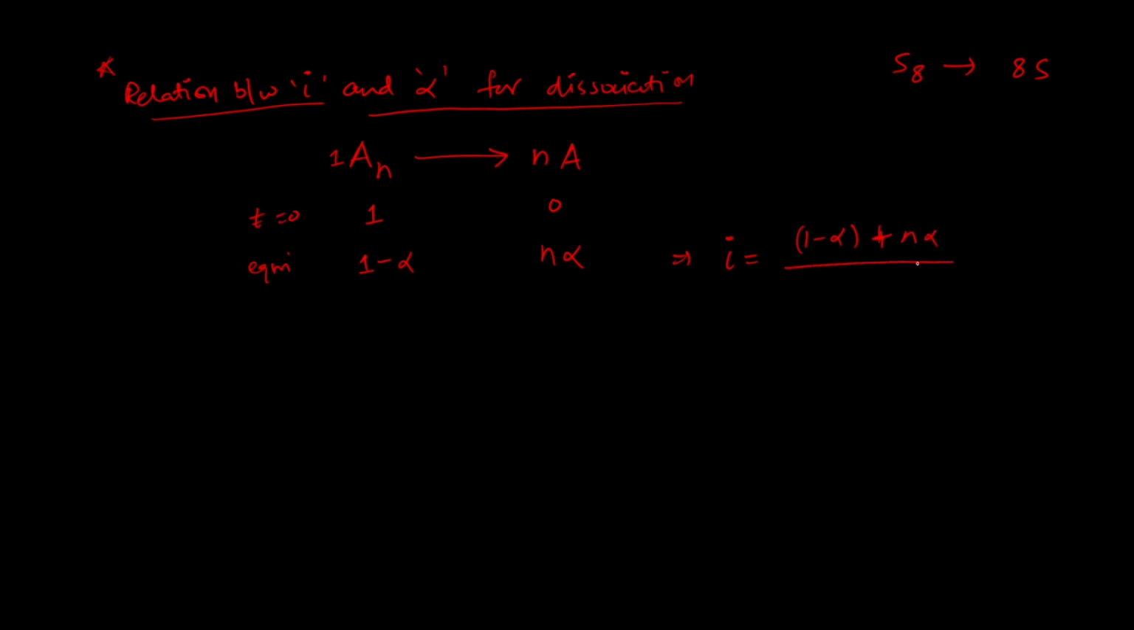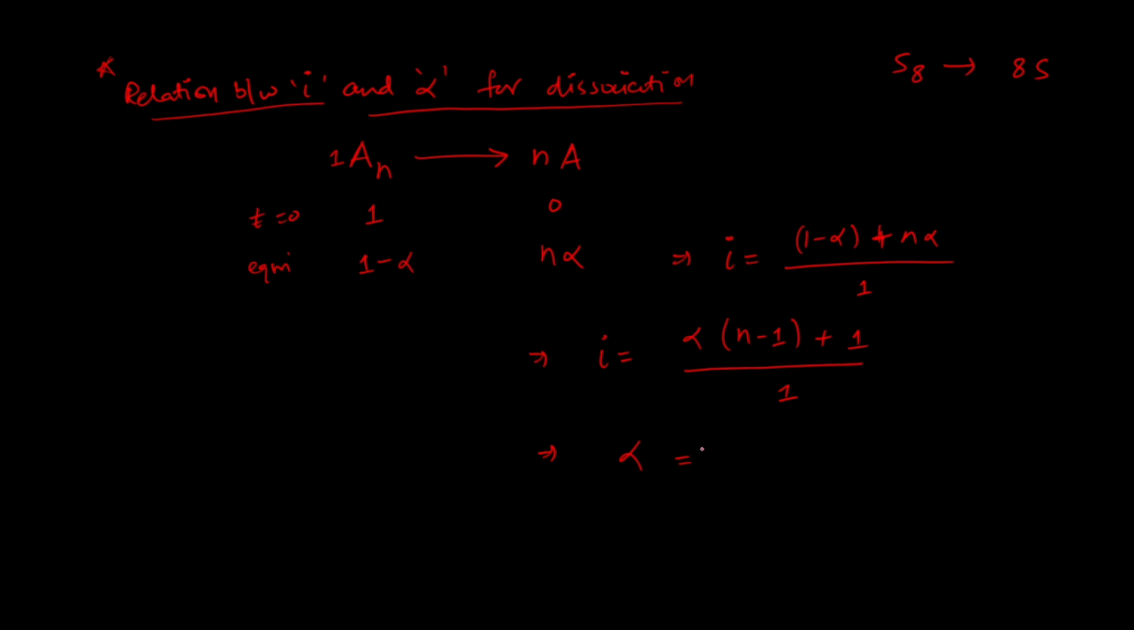N alpha divided by 1. So if I rearrange it, I can write i as alpha, taking alpha common: alpha (n minus 1) plus 1 divided by 1. I have taken alpha common. So now I can rearrange it with respect to alpha. So alpha would be,